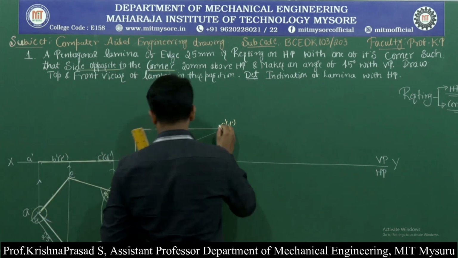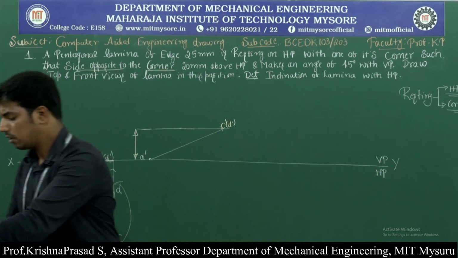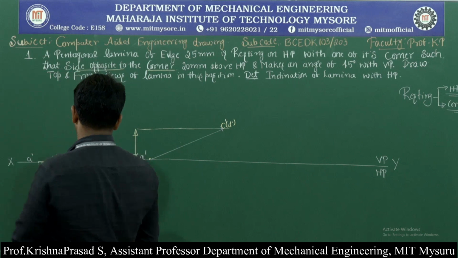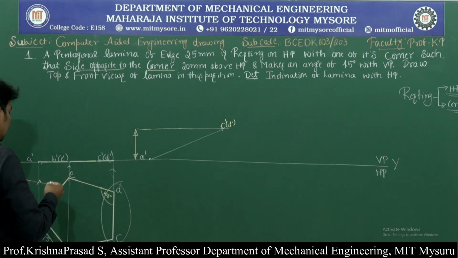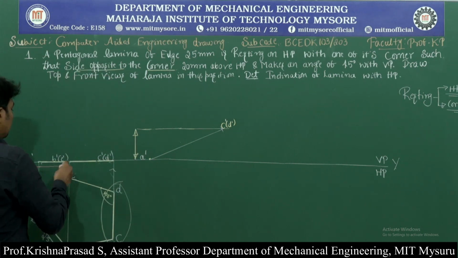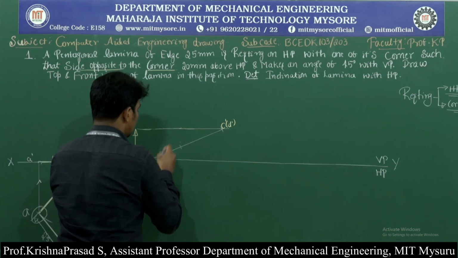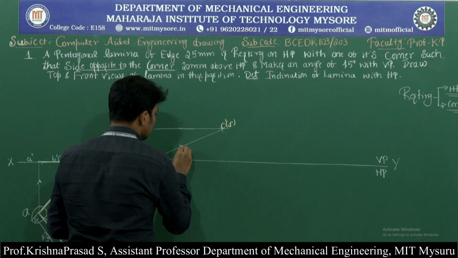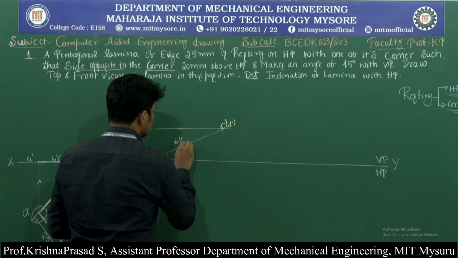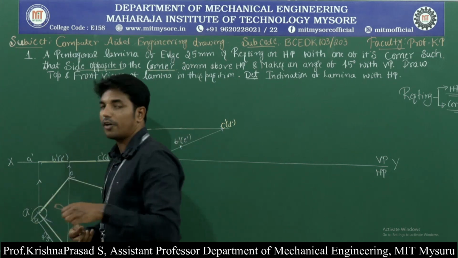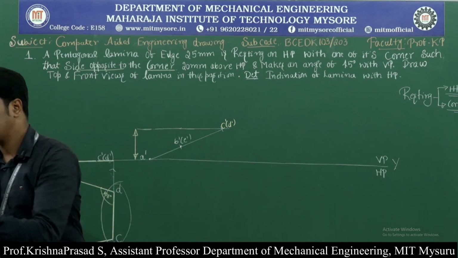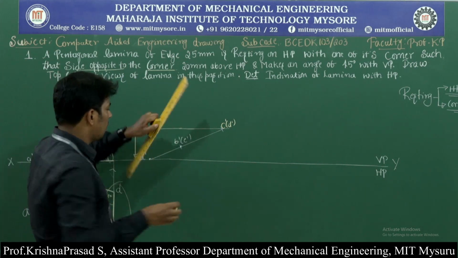Okay, so next we need to mark another line that is called B dash in bracket E dash. For that, measure B dash E dash from A dash and mark the point. This is called B dash in bracket E dash. Okay, after that, what we need to do is darken it